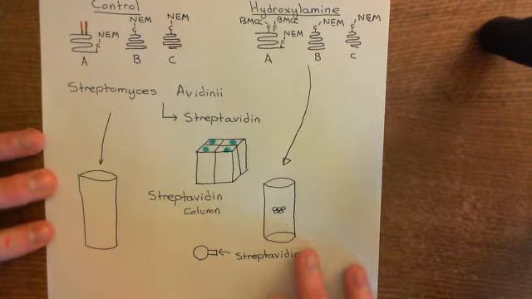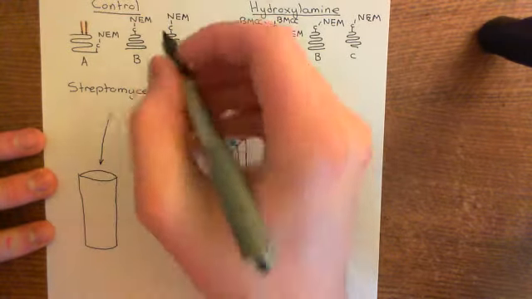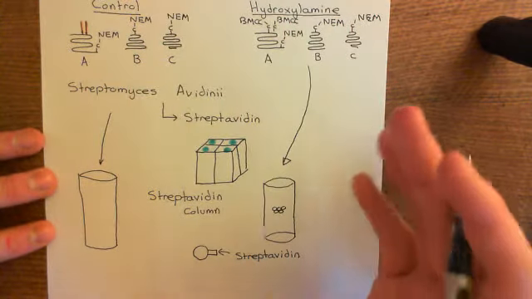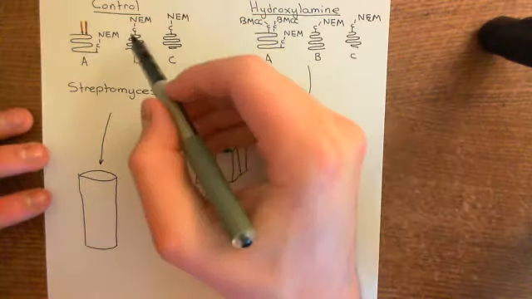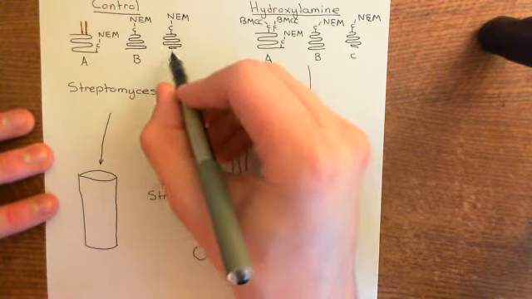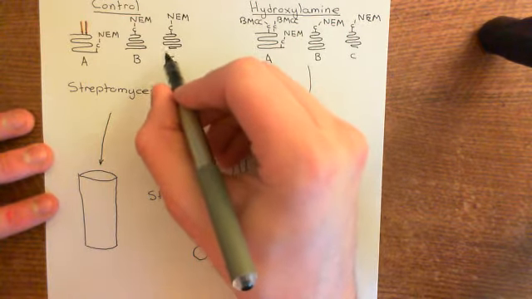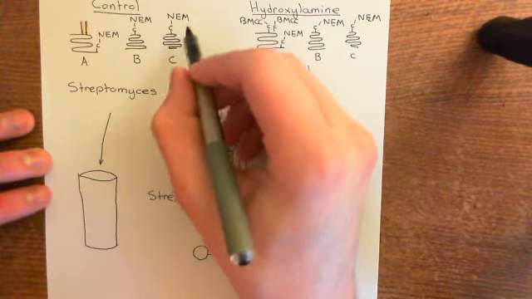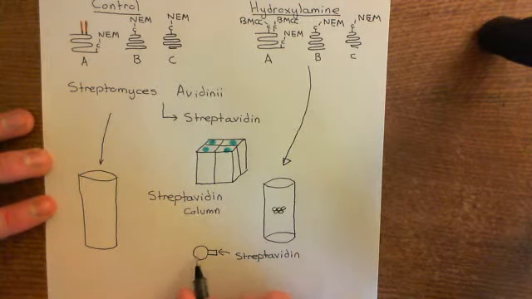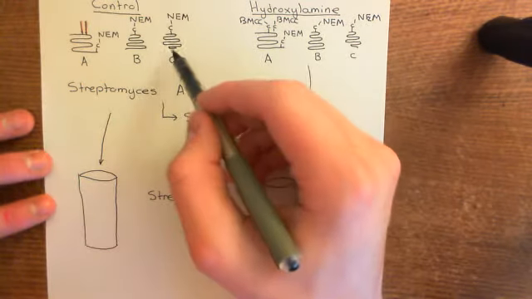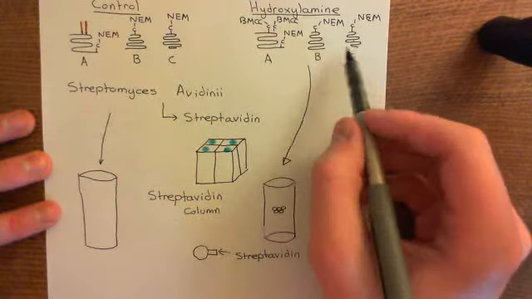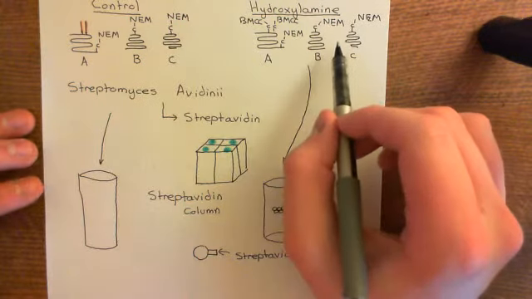Well, the reality is that some of these proteins, and this is why I've put 2 that appear to be identical, so B and C, you might have been wondering, why is he doing B and C here? Because effectively they are highlighting the same principle. They both had no palmitoyl groups. Well, basically they're now going to diverge in their purposes. I'm going to use protein C as an example of a protein which may well bind to the beads. There might be something that the beads are made up of that protein C might bind to. Okay, so protein C might bind to the beads, and it will do that in both the control case and also the